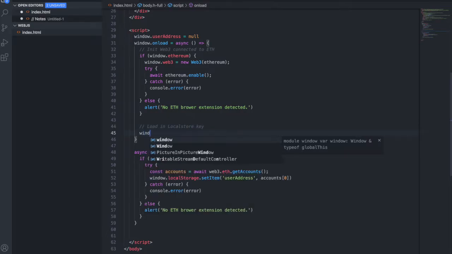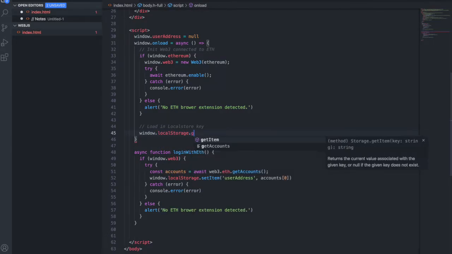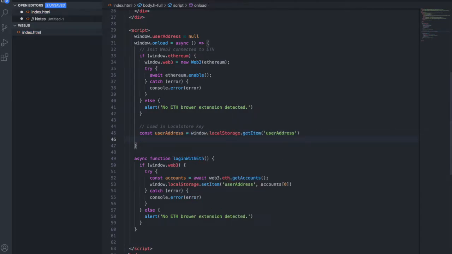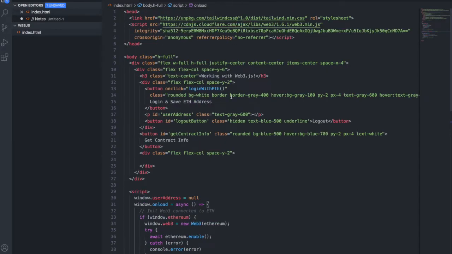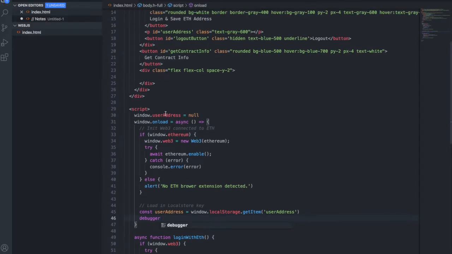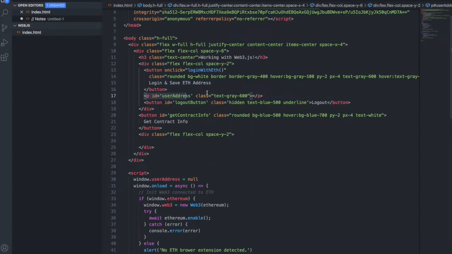So the first thing is we'll have to do window local storage, and we want to get item user address. Now, what we need to be careful about is we need to make sure that this variable exists, because otherwise we're just going to wind up with nothing. And basically what I'm planning on doing is if a local store available item exists, then we're going to set it, but we're also going to fill out this little paragraph tag we have here called user address and unhide the logout button so that when you click logout, it does something, which will basically be deleting the item from